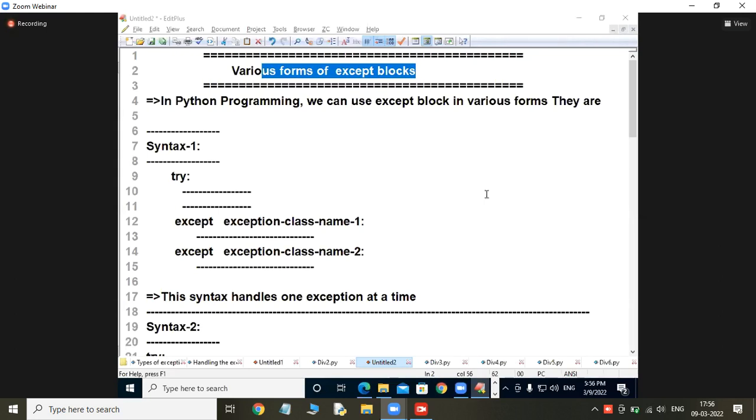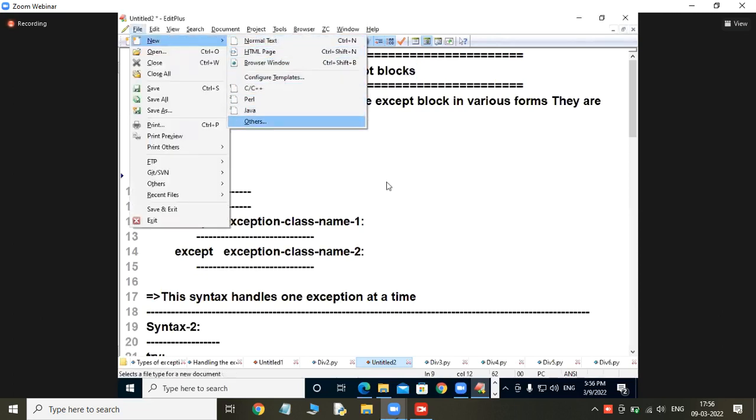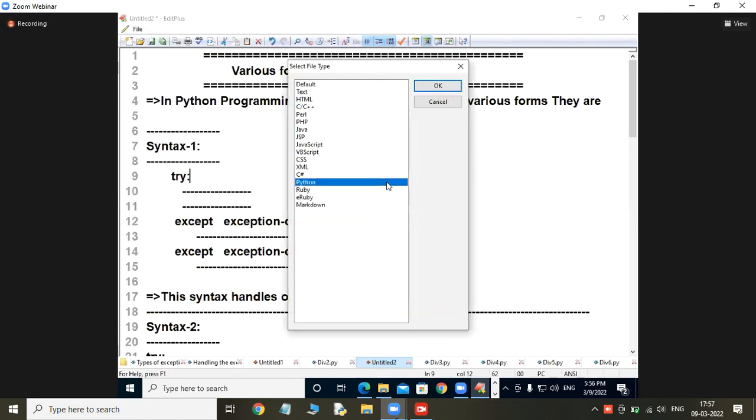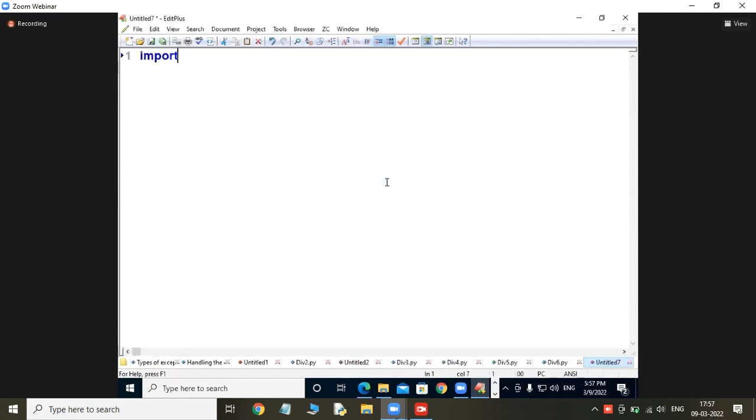Right now, within 2 minutes, I will show you. Import getpass. PW is equal to getpass, with prompt equal to "Enter your password".